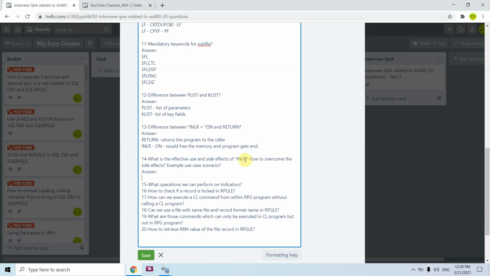And the major side effect, as I already said, is that the files stay open. If the file is still open, variables keep their values between the calls. How can I overcome this? I already told that I can overcome this by reinitializing the variables explicitly in our programs.